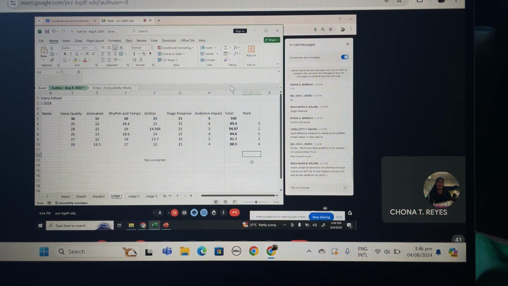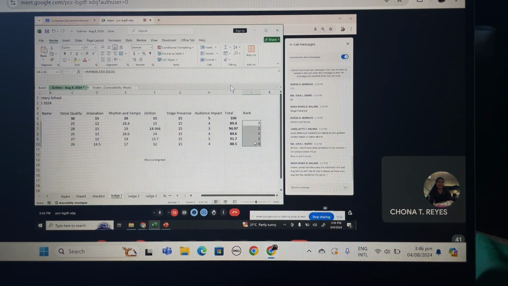Now, in your class record also, or in your grade sheet, to find the top 10 students or top 5 students, for example, you are giving awards to the top 5 students in the class, you can highlight the 5 automatically. How? Highlight the grades of your students. Here, we're going to highlight the results and then apply conditional formatting. This is under the Home tab. We have Styles group,